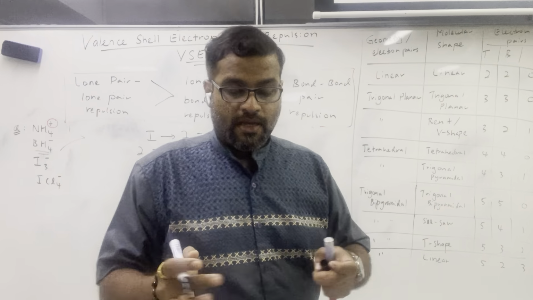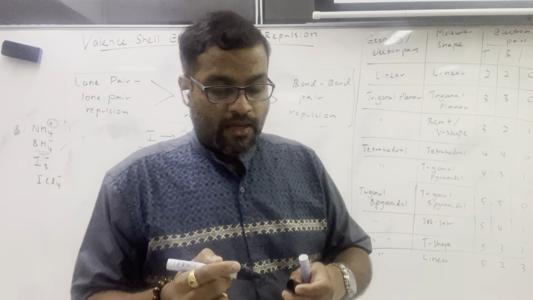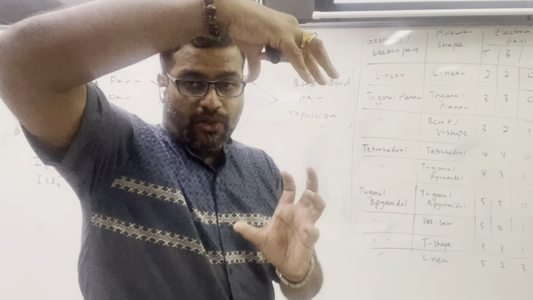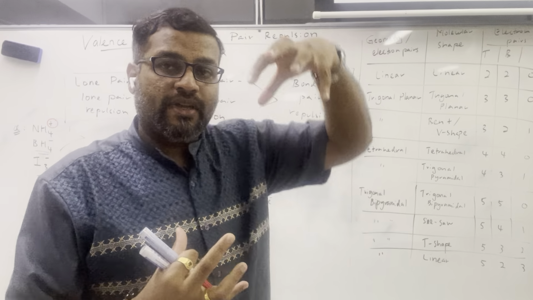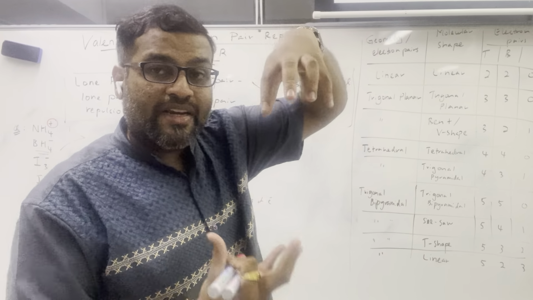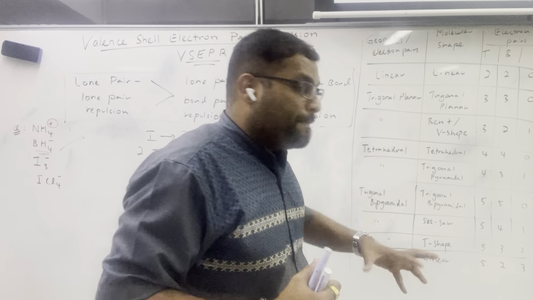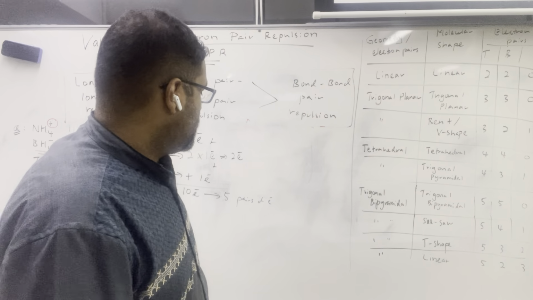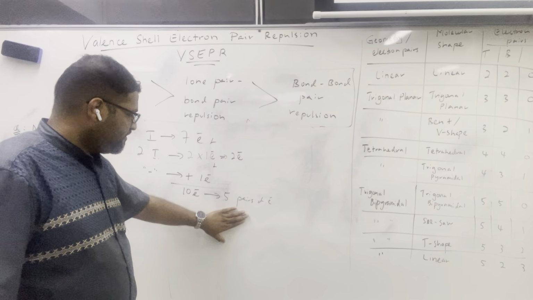So we already get the concept, the whole idea, right? So 5 pairs of electron, we're going to find out which molecular geometry the triiodide molecule comes under. It comes under the trigonal bipyramidal. It's upside, okay? 2 triangles combine, so we can see 1 triangle on top and 1 triangle on the other end at the bottom. So it's like trigonal bipyramidal, right? What we're going to look into in this shape is, in these 5 pairs of electron,